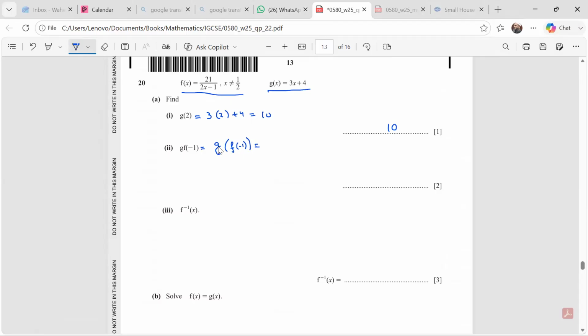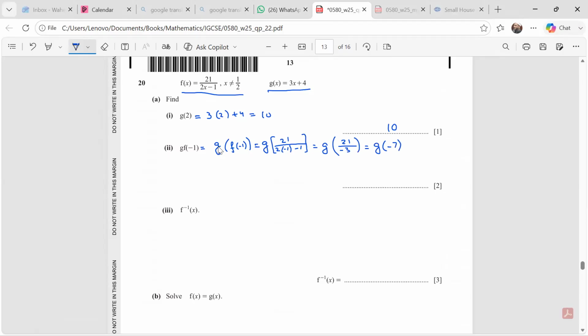Now what is f of minus 1? f of x is 21 over 2x minus 1, so 2 times x, where x is minus 1, minus 1. So g of 21 over minus 2 minus 1. This is minus 3. It is g of minus